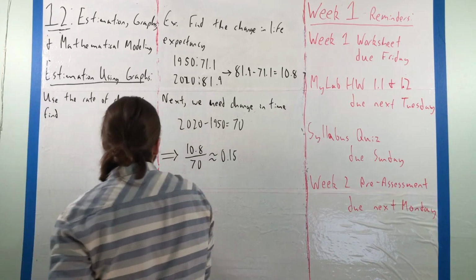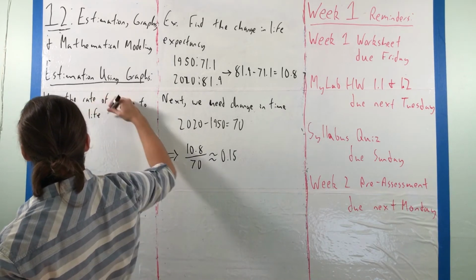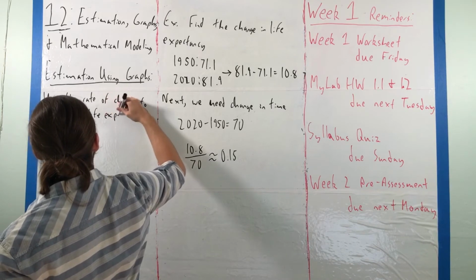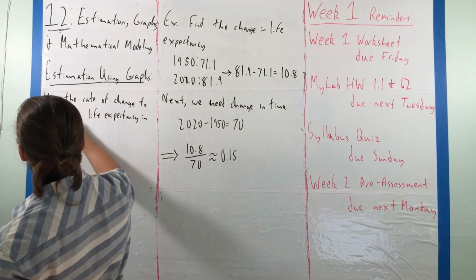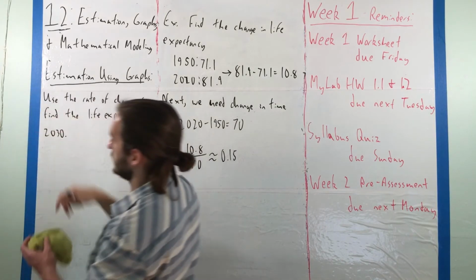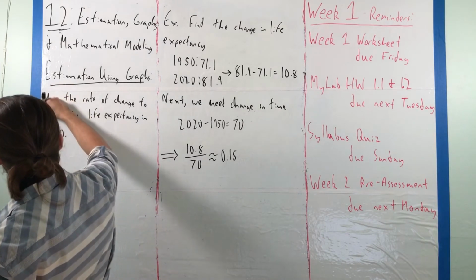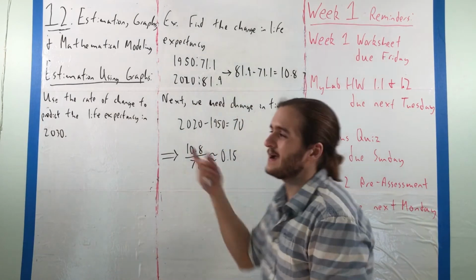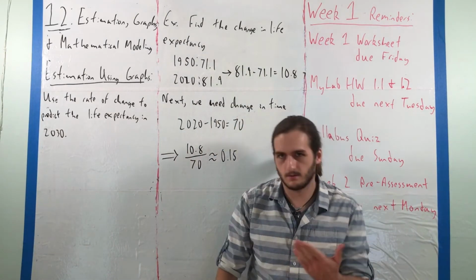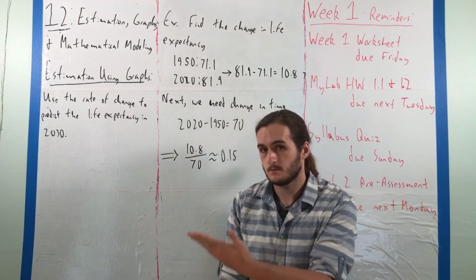to find the life expectancy in 2030. I should be more careful with my wording. I shouldn't say find there. I should say predict. We're not necessarily finding the life expectancy 10 years from now. We don't know if it's going to be true. We're predicting. To do that,